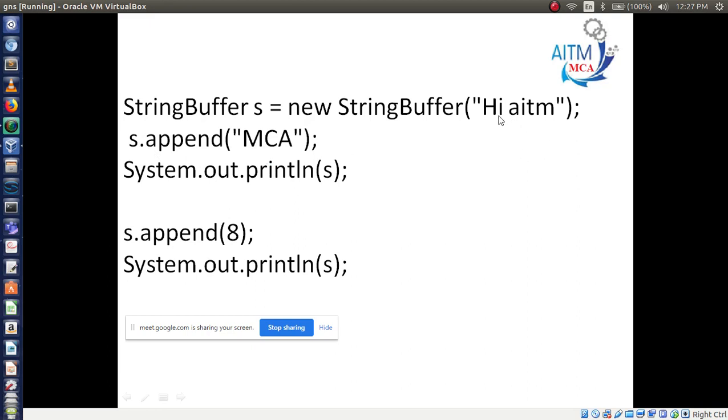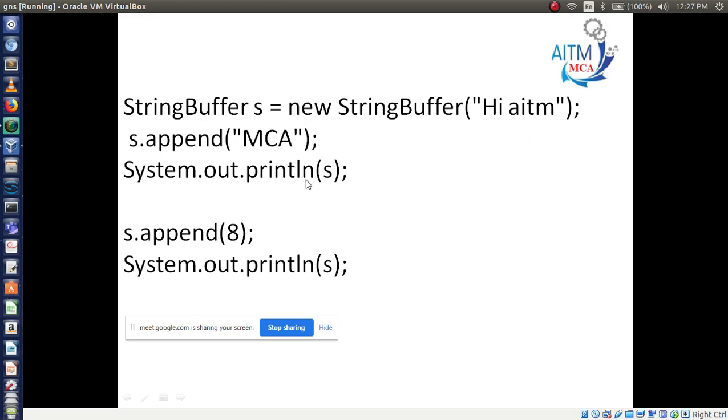Our original string is hi AITM, and I am going to append MCA. That is how to use this method. s is your reference variable, dot append is a method, and what you want to add, you just write inside the brackets: MCA.